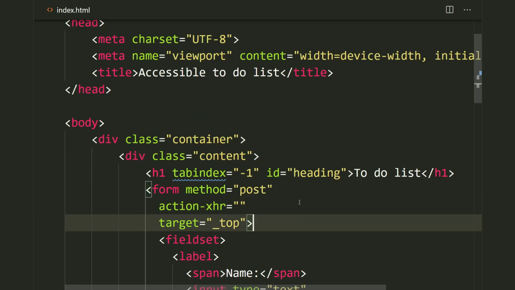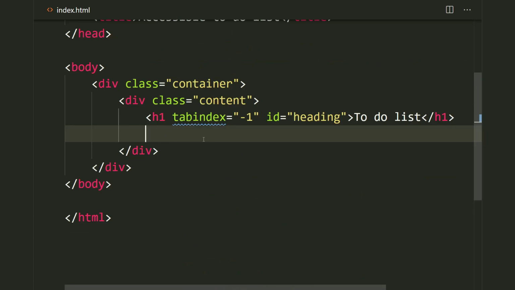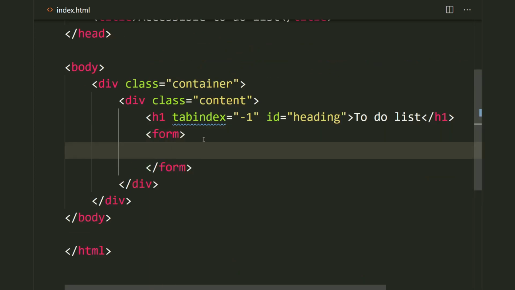Interesting. I think my Emmet output a bunch of code. We don't want that, we want to write the form. And you might be wondering, why are you adding a form if you're not actually going to submit this, since you're only going to use JavaScript? Well, since we want to make our to-do list accessible, it makes much more sense to use the form element and to add the label and the input inside the form element, since it makes it more accessible by default.